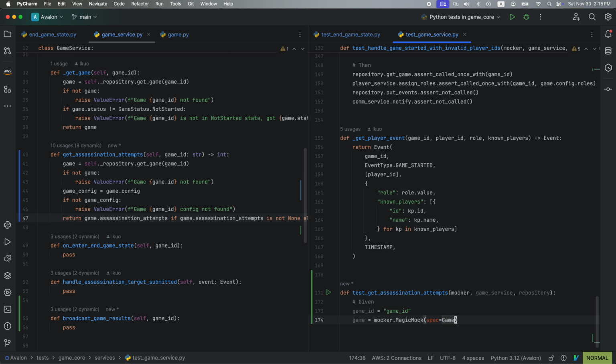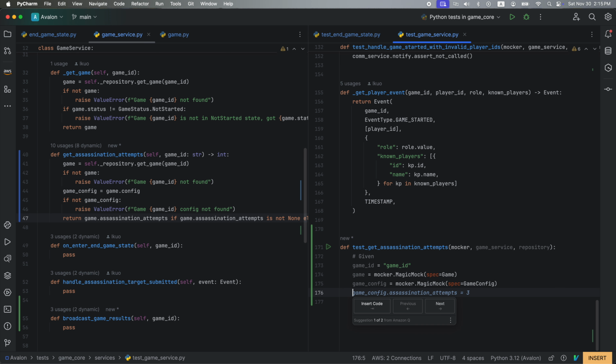And the game config equals to, let's mock the game config. So we have the game config and the game.config equals game config, and of course